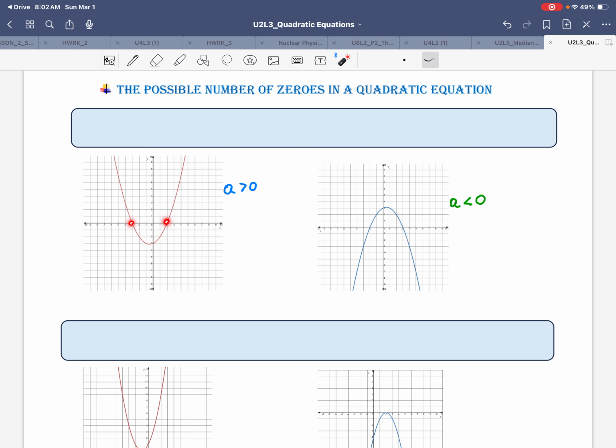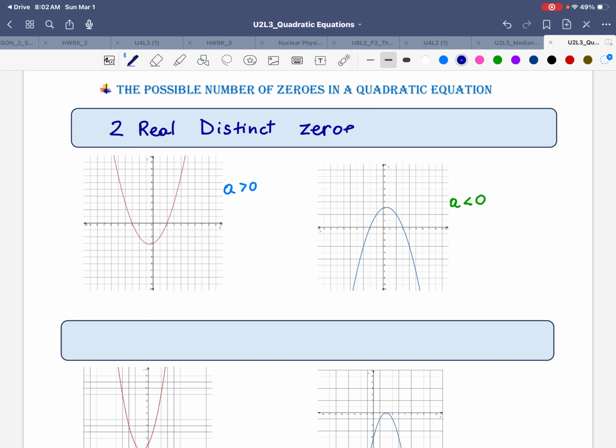As you can see here, the graphs intersect the x-axis at 2 points. So we're going to say that the equations of functions represented by these graphs will have two real, distinct, meaning different,